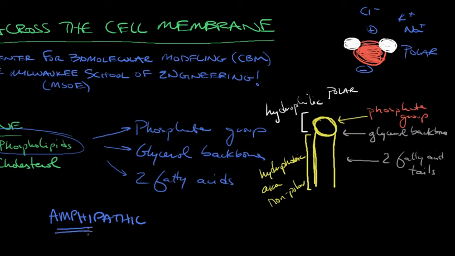And you know some other words like amphibian. An amphibian can live in water in part of its life cycle, and on land for the other part of its life cycle. So it has 2 modes, and that's what it means, is that there are 2 modes, I guess. And so here we've got a hydrophilic and hydrophobic region, so it's amphipathic. All right, it has a hydrophobic region and a separate